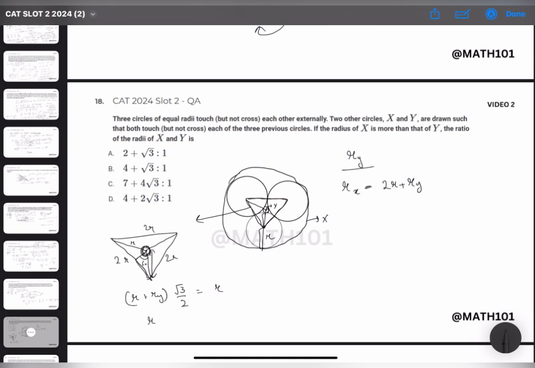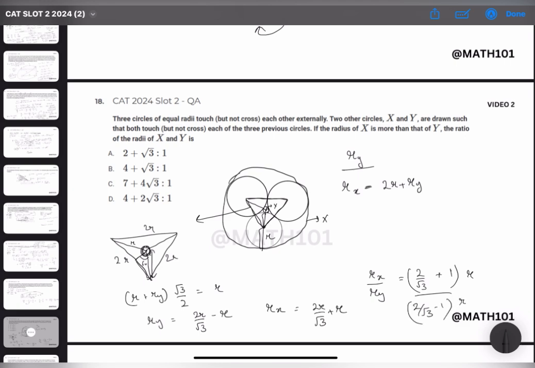So we get ry equals 2r by root 3 minus r, and rx then would be ry plus 2r, which is equal to 2r by root 3 plus r. So rx upon ry is 2 by root 3 plus 1 times r, or 2 by root 3 minus 1 times r,